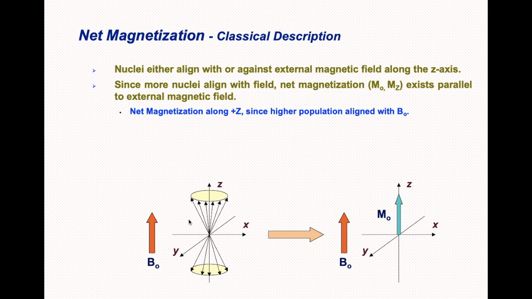So you can see in this diagram there are 6 tiny bar magnets aligned with respect to the applied field direction, and the other 5 tiny nuclei are opposing. As a result, when you take the difference between these two, one nucleus will be in excess in the applied field direction. So this is what is meant by the net magnetization.